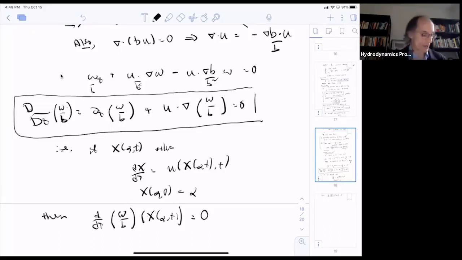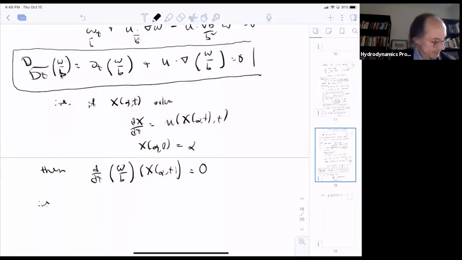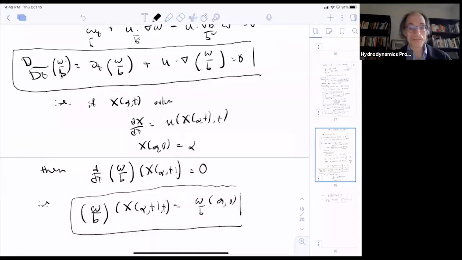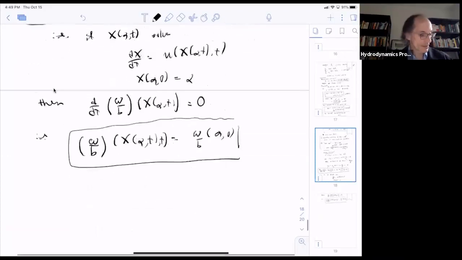Okay, and so omega over b at the point x of alpha and t is omega over b at alpha and 0, and I need a... okay, and so basically everything can look like the order equations, except there'll be little changes here and there. Okay, and so that's the first thing. The second,